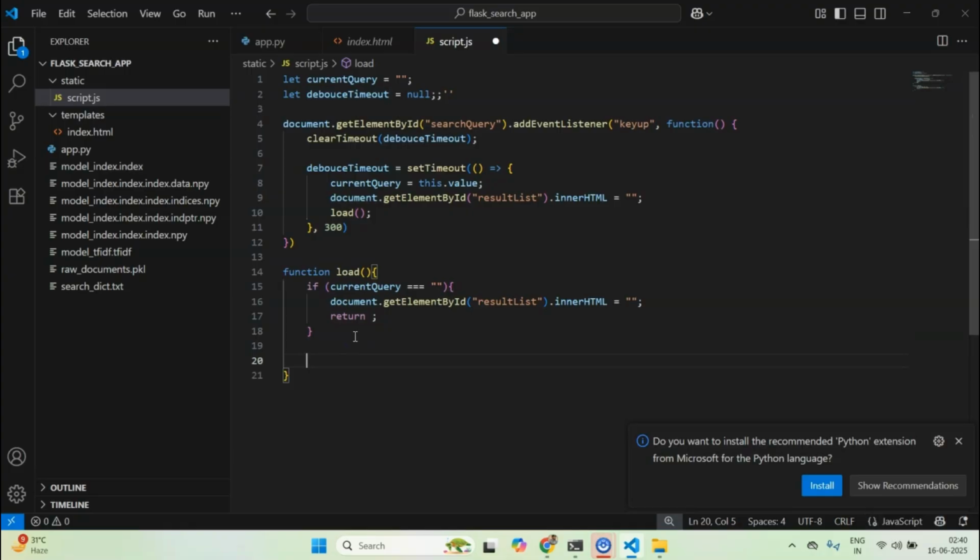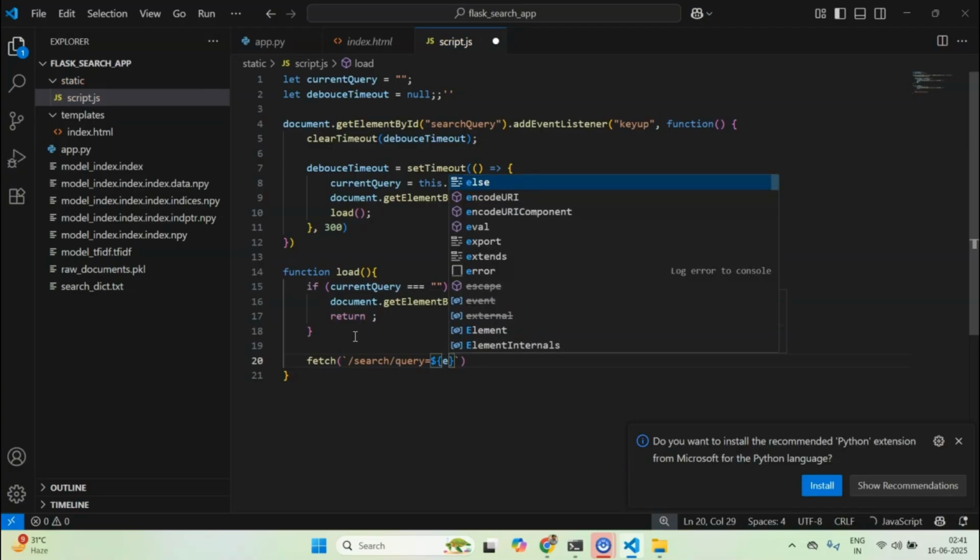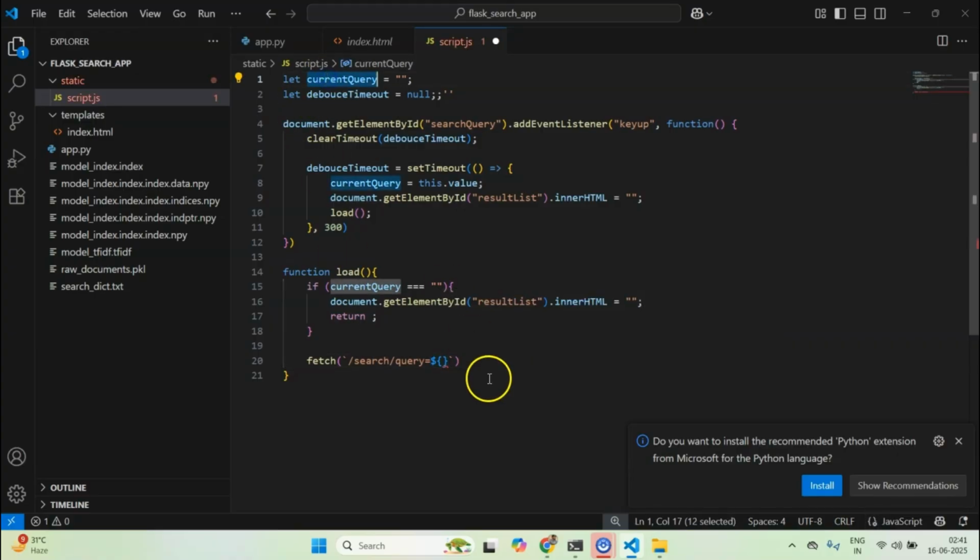After that I would like to utilize the fetch functionality. Within this fetch, I can use backticks to call the search function, and query is equal to, what will be my query? The query will be the current query.